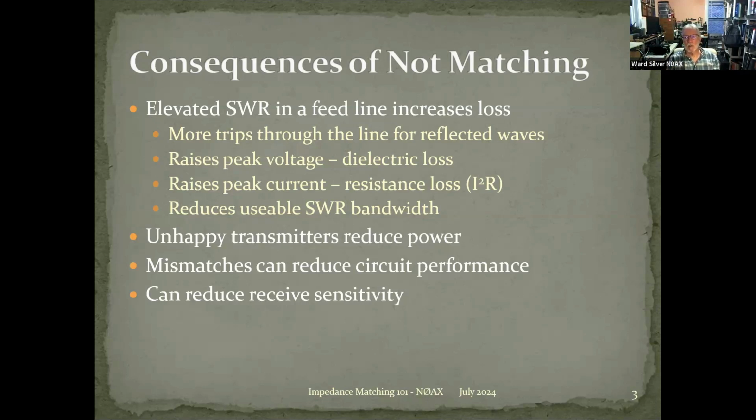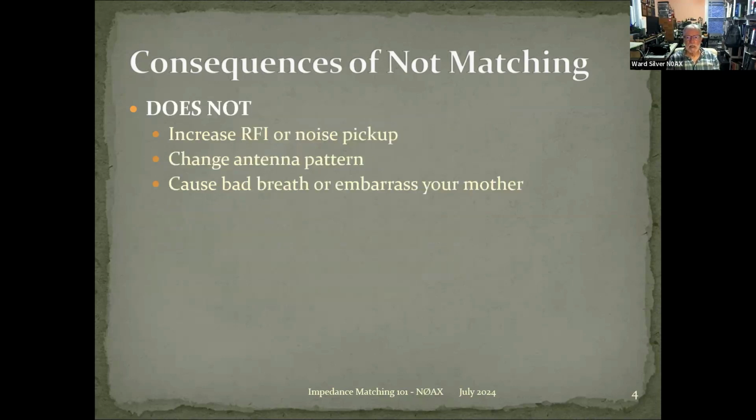Mismatches can also reduce circuit performance. Maybe you don't get as good a filter performance, ultimate rejection, or a notch filter, or a peak, something like that. It just doesn't work as well because it's not working into the load that it expects. That can cause problems. And if we're talking about an antenna talking to a feed line that comes into a receiver, a mismatch there can reduce sensitivity because not all of the received power in the antenna gets transferred to the transmission line. So all kinds of things can happen from mismatches,